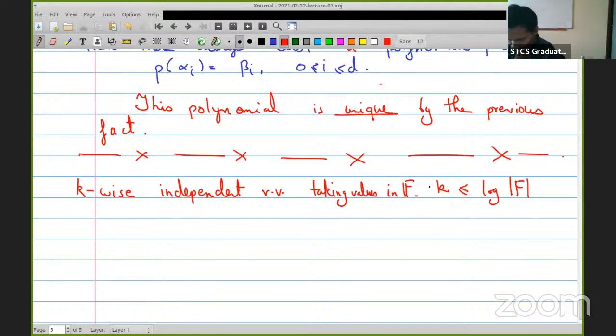How do I do this? So what we do is pick, so the construction is to pick